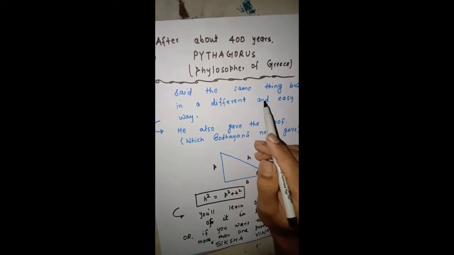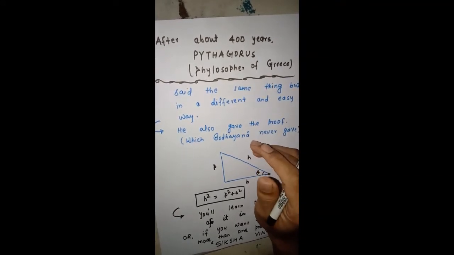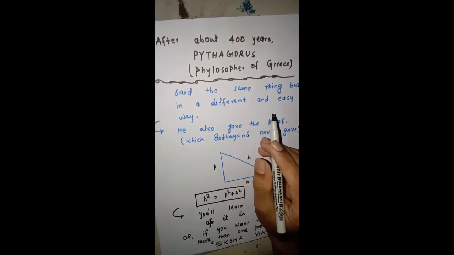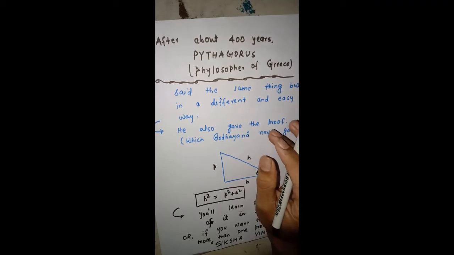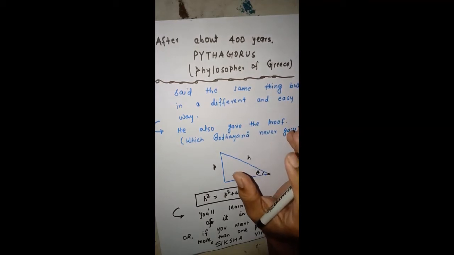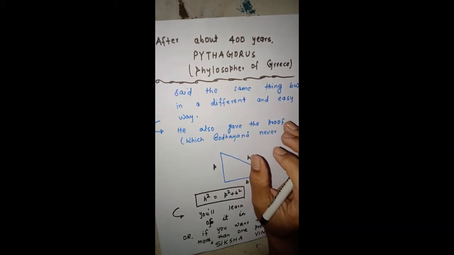Now, after about 400 years, a philosopher named Pythagoras gave the same result, but in a very different and easy way. He was a philosopher of Greece. He was a marvelous man. And he was the man who invented theorem